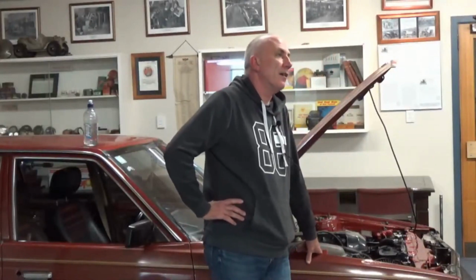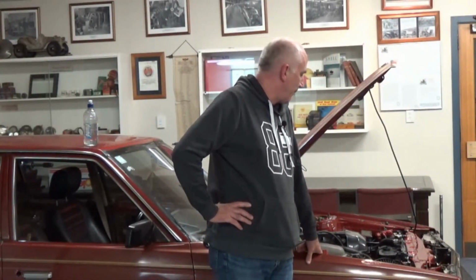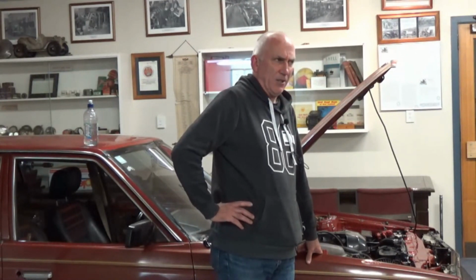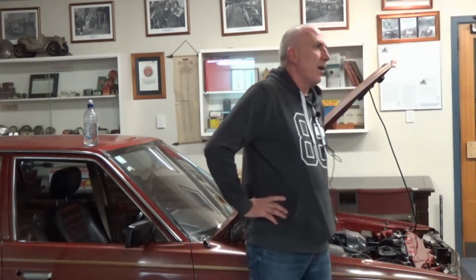Were you going to put a cold air box around the air filter? I've thought about it. Obviously, it'll benefit it, but to be fair, it's got enough power. Did you think about putting a standard air filter in it just to make it look more